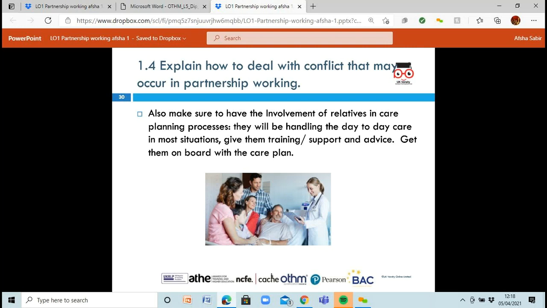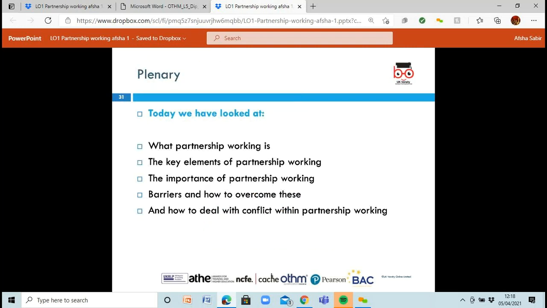So that was it. This is just one point. We looked at all of this. We looked at partnership working, the key elements, the importance, some barriers and how we can overcome them, and we looked at some types of conflicts and how we can deal with them